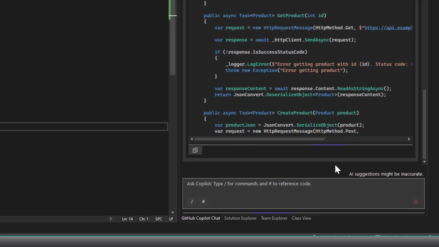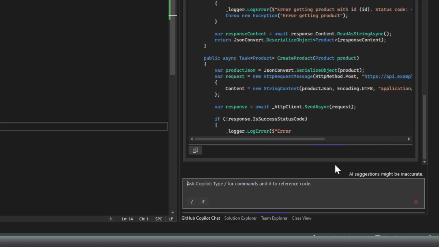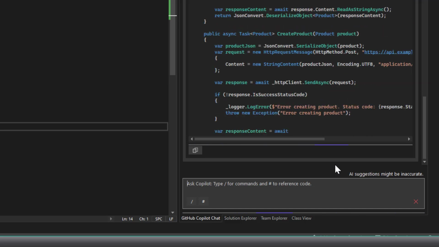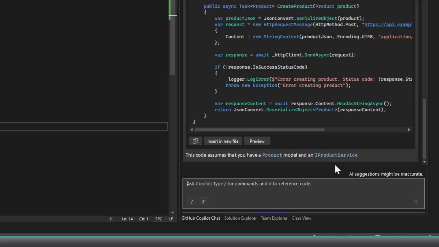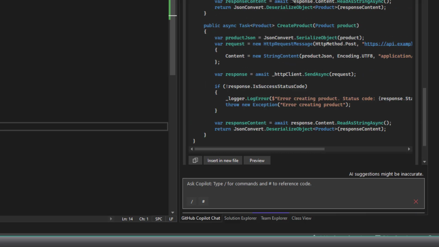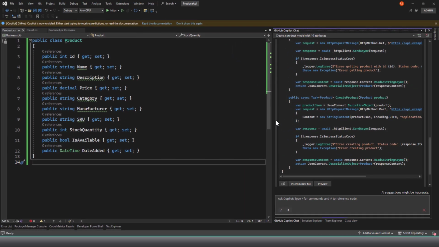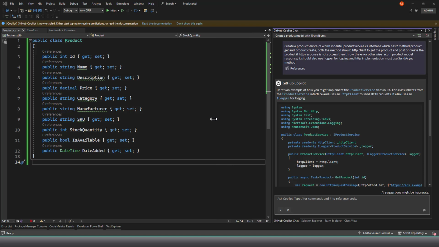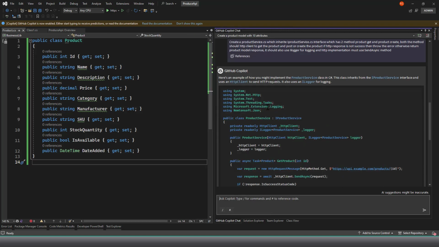This is going to be an integration scenario, where the product is not getting created from the database, but actually I'm creating a product with the help of some other API call, and that's how the implementation has been generated. If I just make it a little bit wider or bigger, you can see that it has